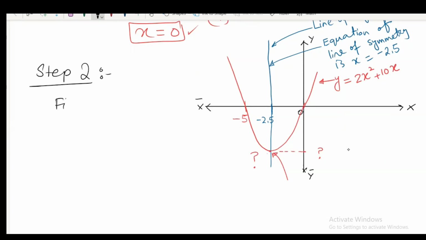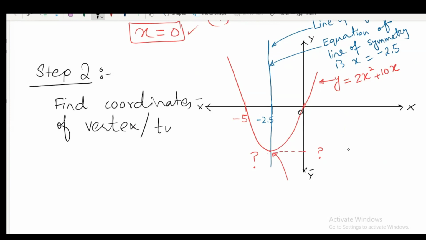Find the coordinates of the vertex, or we can say the coordinates of the turning point, or the stationary point,